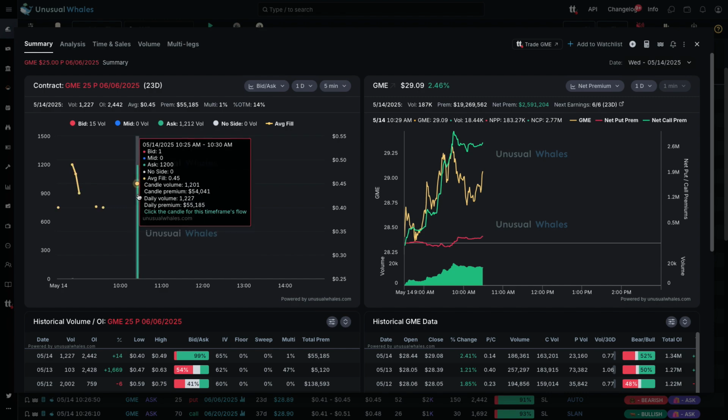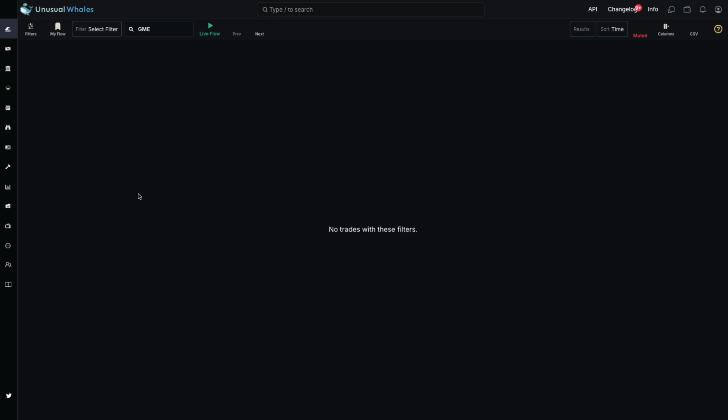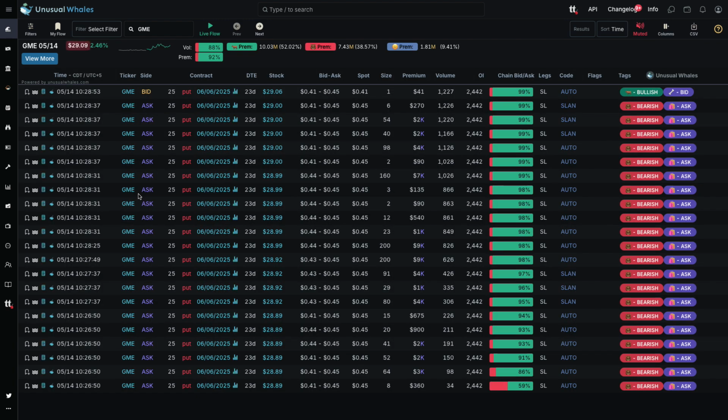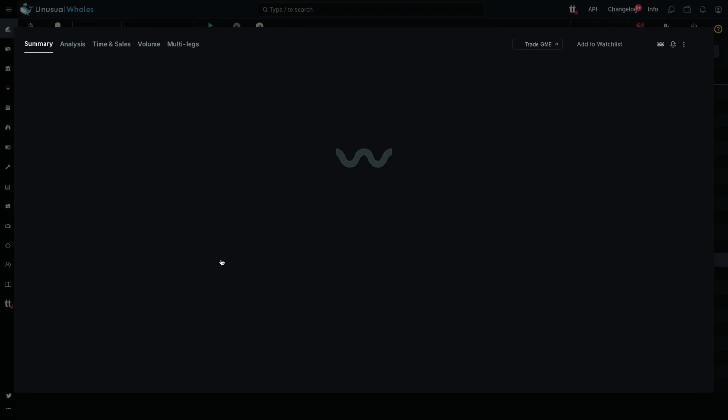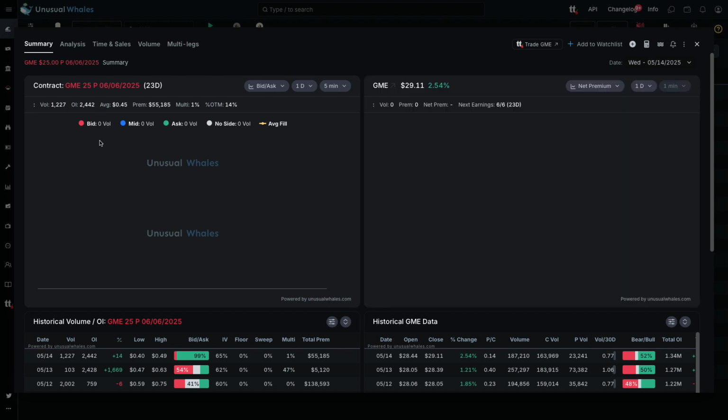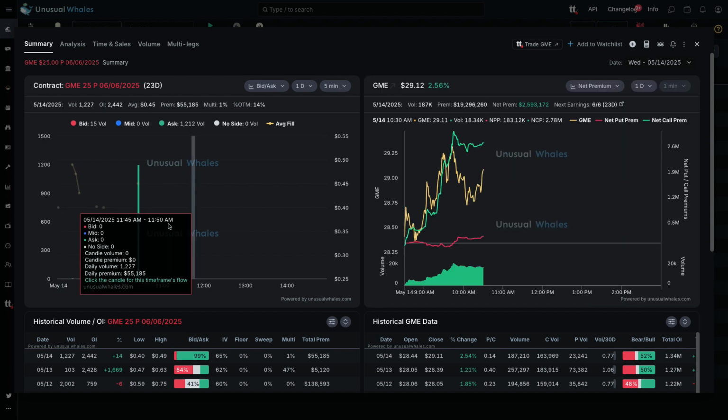1,200. Let's take a look. It could just be playing volatility, a hedge. You never really know. A lot of different scenarios there. Let's see, they're paying $45 for them. Certainly bought them, maybe. I mean, volume is still under open interest, so I'd want to look tomorrow. We'll confirm the open interest, but